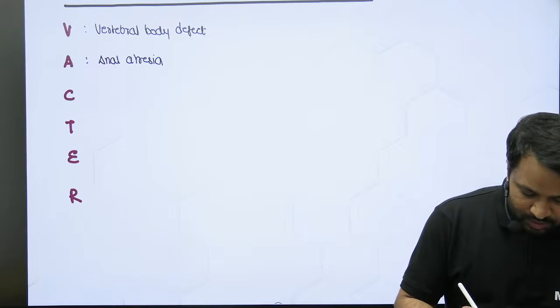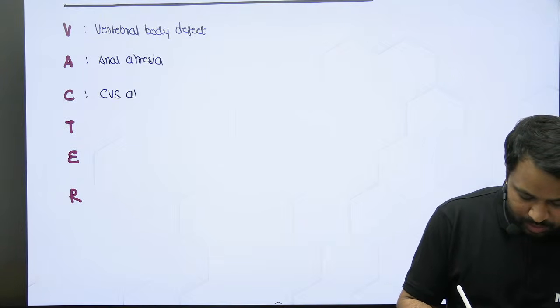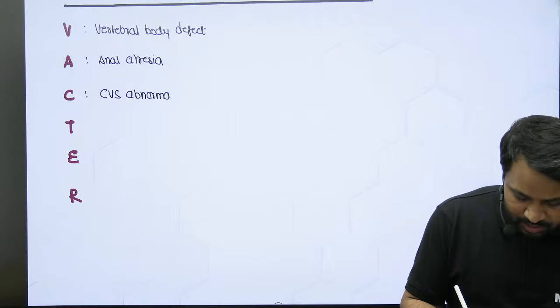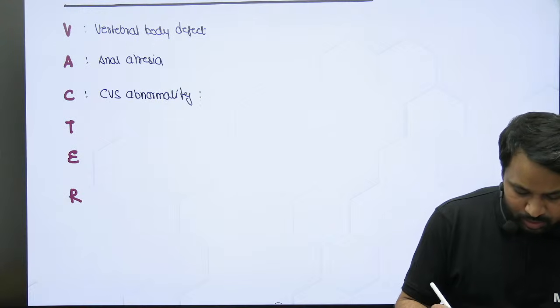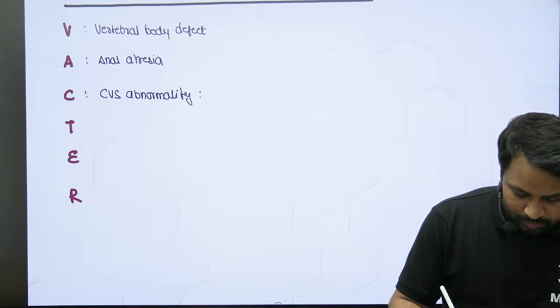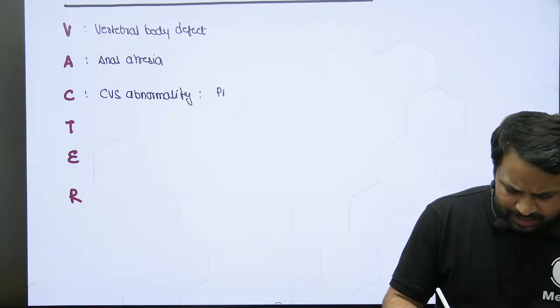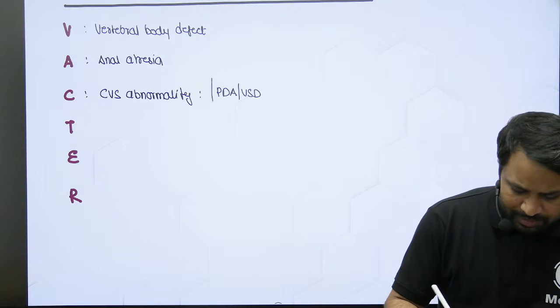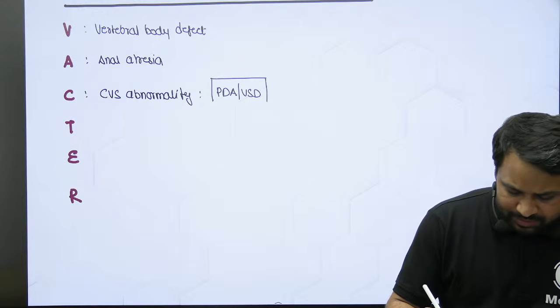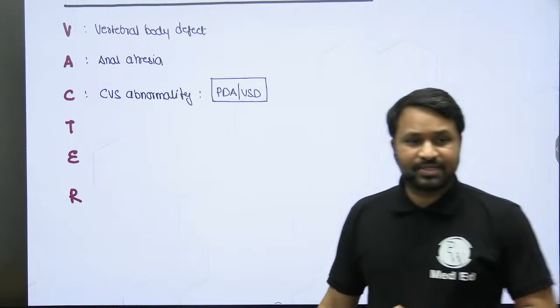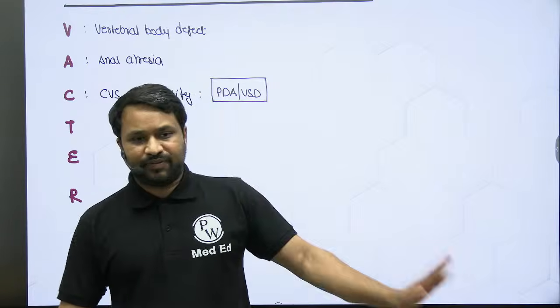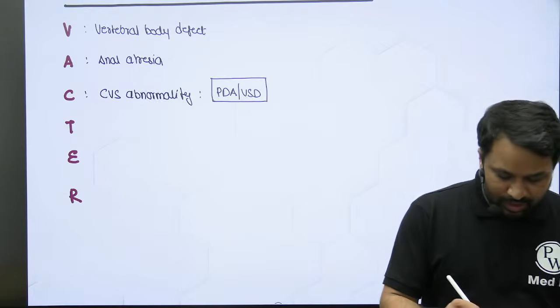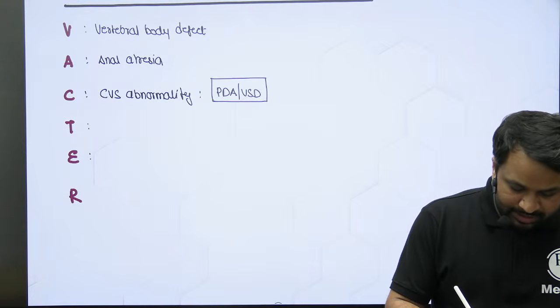C stands for cardiovascular abnormality. अब जब भी CVS, that is cardiovascular abnormality बोलोगे, we have PDA, that is patent ductus arteriosus, or it can have ventricular septal defect. ठीक है, usually PDA और VSD होता है. PDA stands for patent ductus arteriosus, VSD stands for ventricular septal defect. ठीक है, and then you have TE. तो इतना है, T से याद रखना